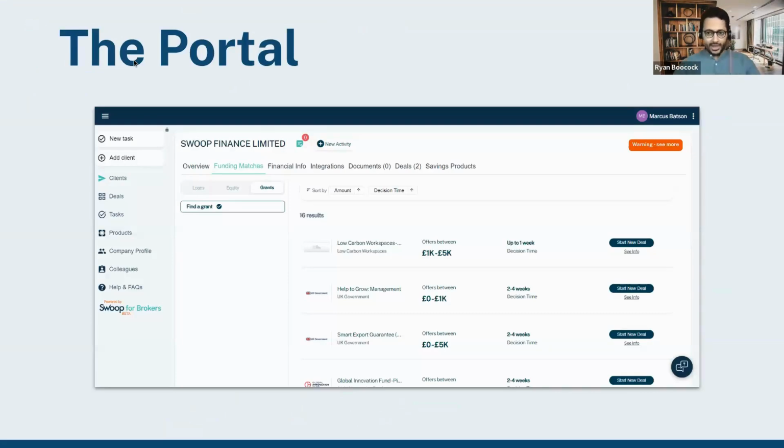Now, we still have a portal, which some of you will have seen, potentially some more recently than others. And this is where, as advisors, you can add a client very quickly. Then we can do a bit of a search on what debt might be available, equity, grants, or savings, and they're all available on here. The savings piece itself is semi-integrated into the platform at the moment, so you'd still be talking to our dedicated success team, who you may have access to already, some of you, and they're the ones who can pursue those options for you. But it's quite intuitive.